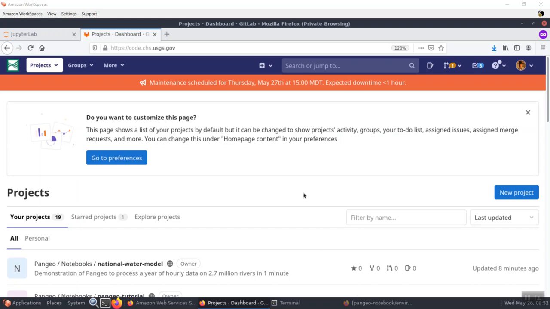Okay, I'm going to give a little demo of accessing some cloud-optimized data from the National Water Model from Amazon's public data program using the Pangeo deployment on USGS CHS. So the first thing to do if you haven't used Pangeo on CHS is go to